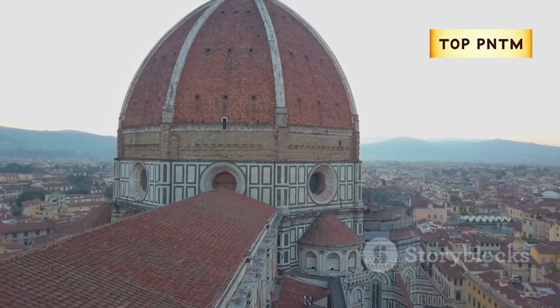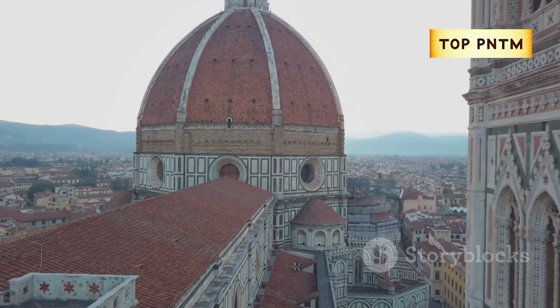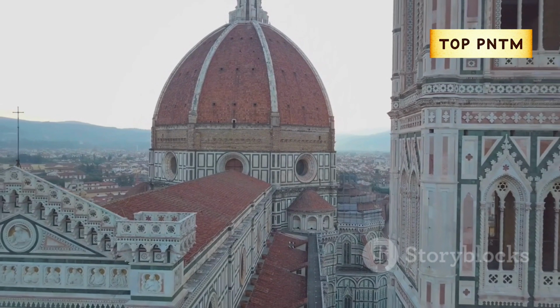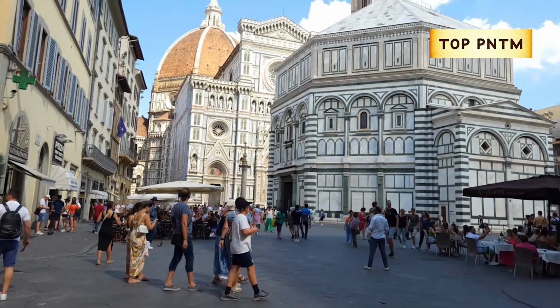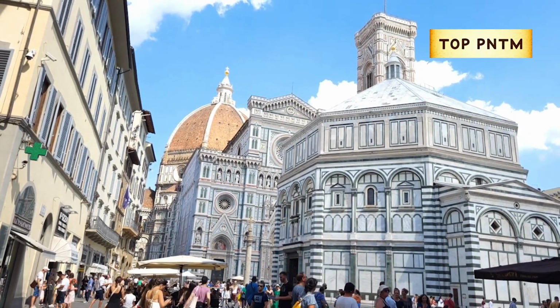like a beacon. This is Filippo Brunelleschi's masterpiece, a true feat of engineering and artistry. Imagine the ingenuity and creativity it took to design and construct such a marvel back in the 15th century. Brunelleschi's innovative techniques were groundbreaking and set new standards in architecture. It took over 140 years to build this bad boy, and the dome itself was the largest in the world